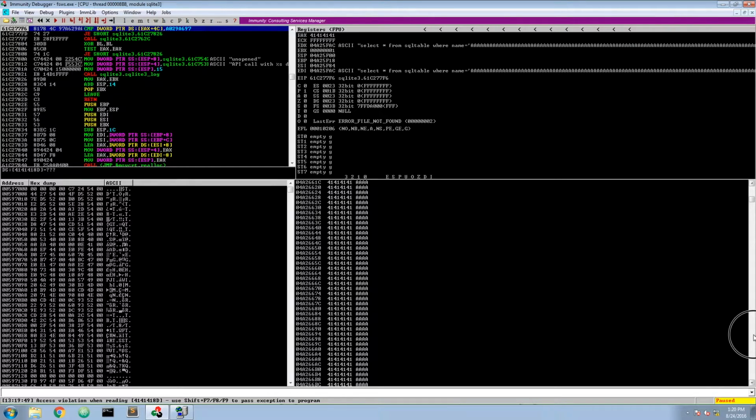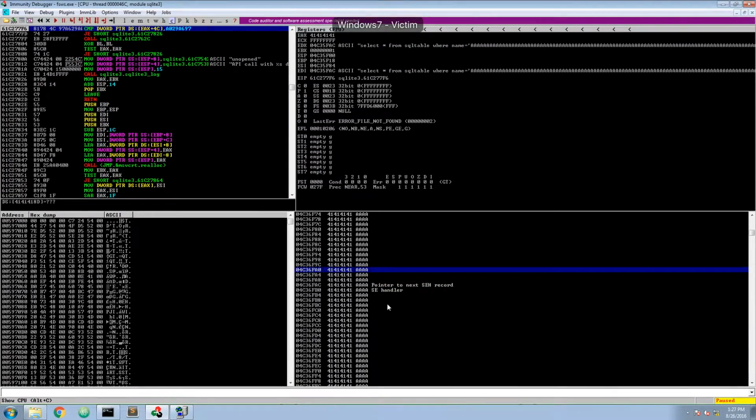And what we want to reach here is we want to override the next SEH and the first SEH. If you remember from the last video, what we want to do is the first SE handler should point to a pop-pop-ret instruction. The return will make sure that we come back to this address. Whatever we write in here will be executed, so it will be treated as assembly code, as opcodes. We want to put a short jump in here to jump, let's say 6 to 10 bytes further in our stack. Here we want to put our payload that gets executed.